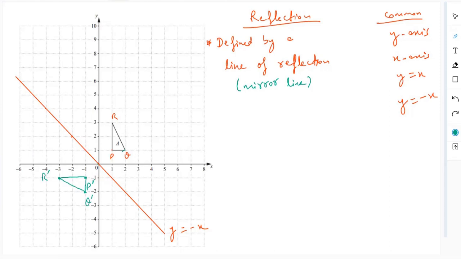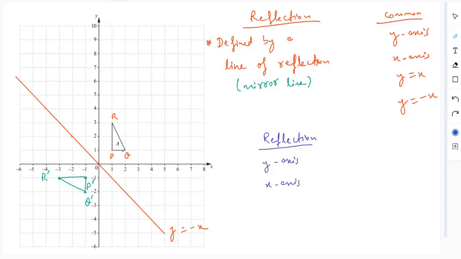If you can remember stuff, if you can memorize stuff like that, then of course you can do that as well. Although I don't recommend that, because there are a lot of chances of forgetting. But if you're that kind, if you find it easy to remember, you can do that. So you have these 4 common types of reflections: Y-axis, X-axis,